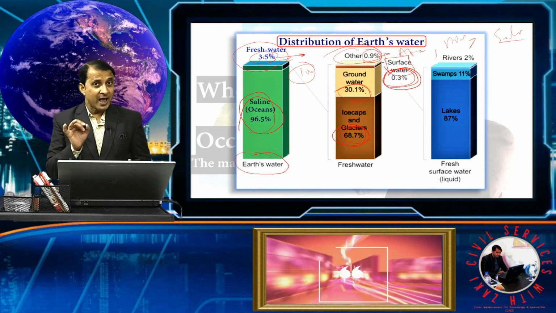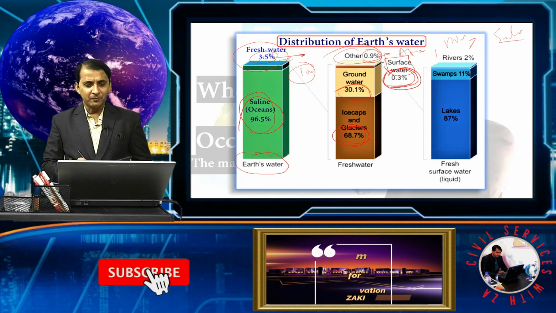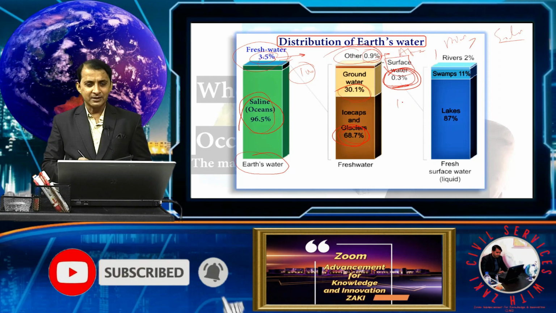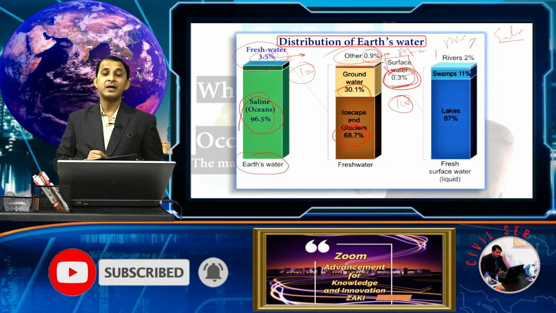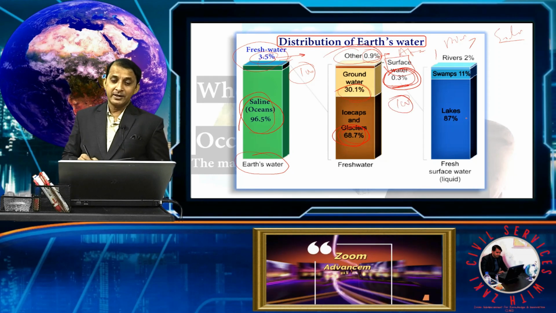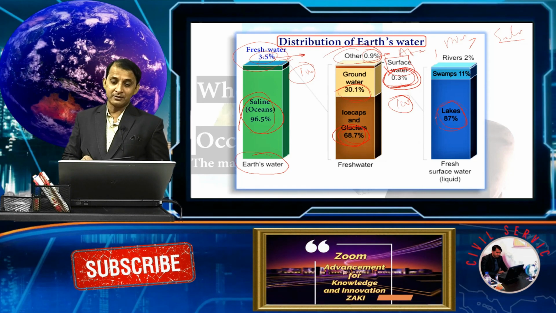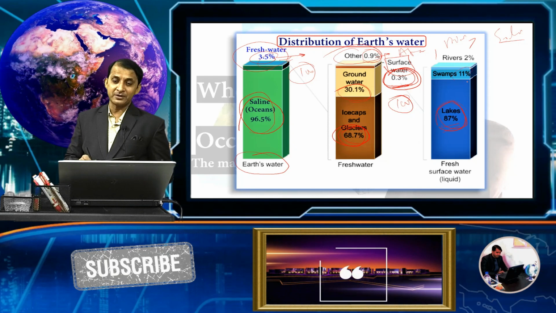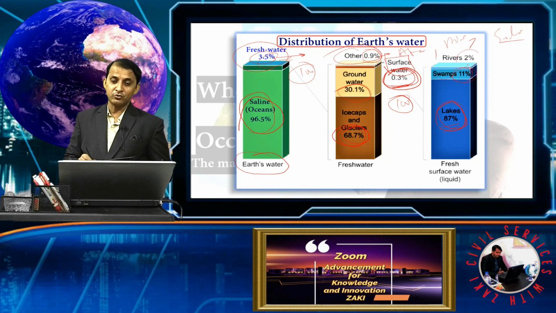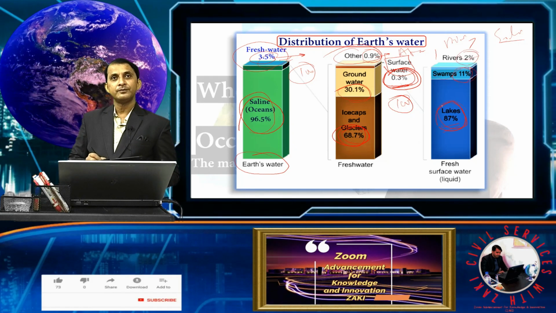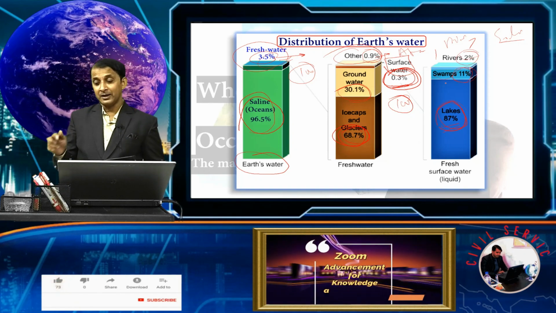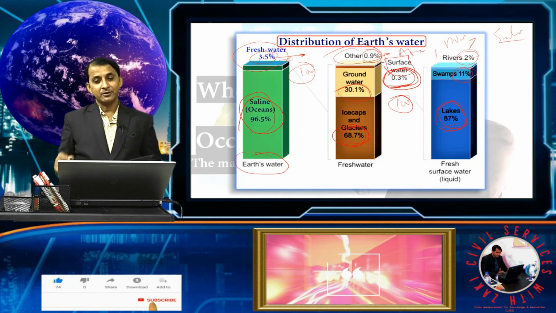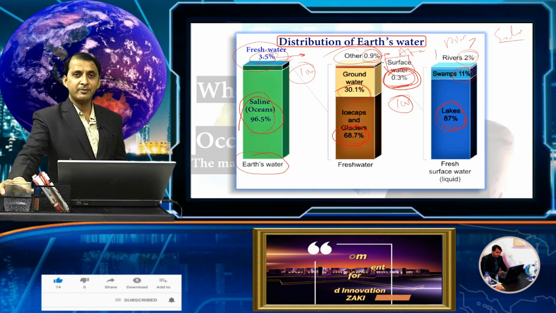If we assume this 0.3% as 100%, then 87% of surface water is present in lakes, 11% in swamps, and 2% in rivers. So these are very significant for us. Water is very fundamental